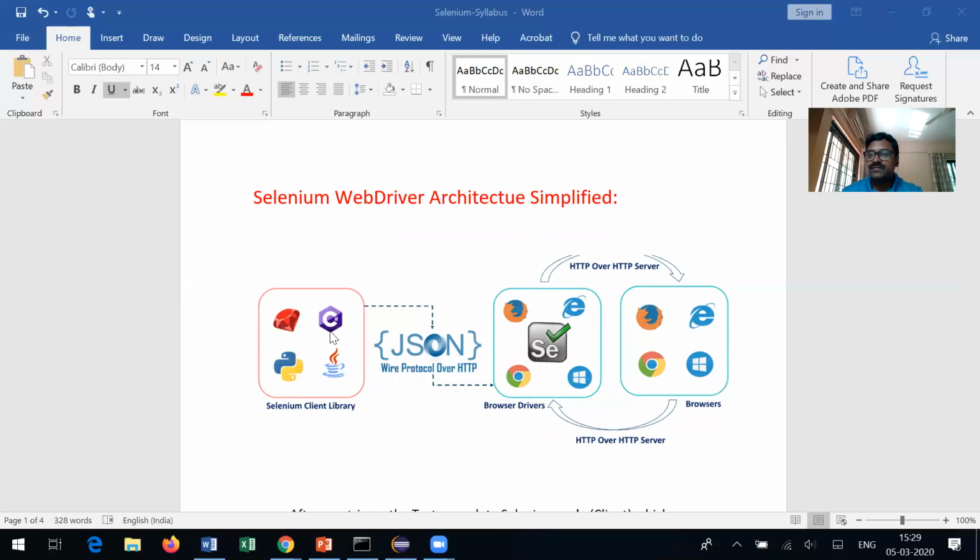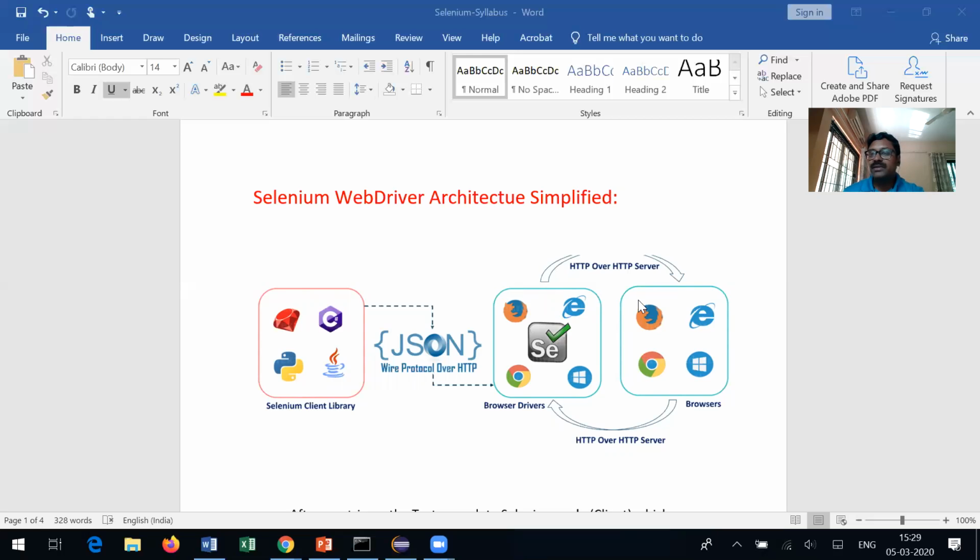And once we write the program to automate the scenario, and when we start running, it will convert the entire programming into JSON format, JavaScript object notation format, and send it across in HTTP protocol to the browser driver. So the browser driver understands the JSON format and performs the action on the actual browser.